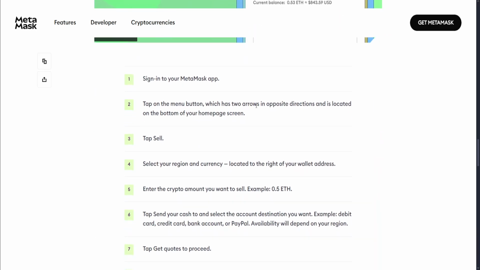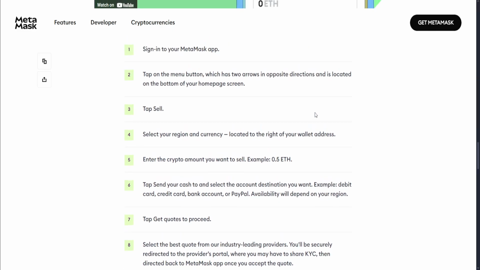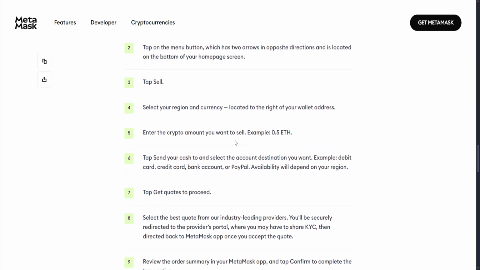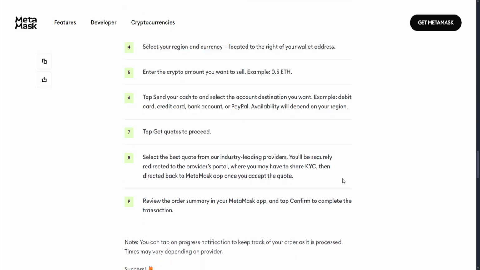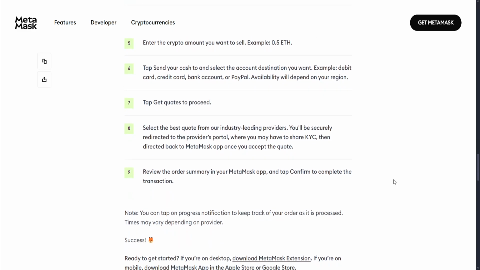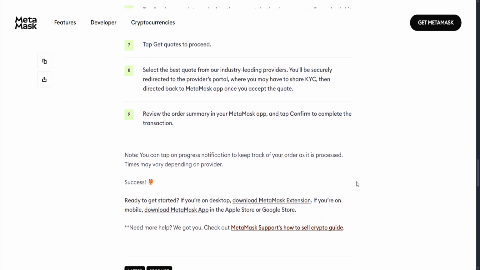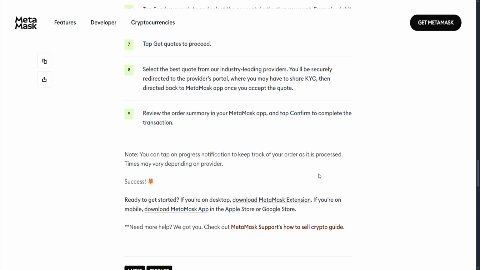It's that easy. And same thing here. It's basically just converting it to your cash. So by tapping, you're sending your cash to, and select an account destination, simply just select your bank account. And then, as always, get the quotes to proceed, select the best quote, and lastly, always review the order summary in your MetaMask app. And then tap confirm once you believe that the review and order summary is correct,